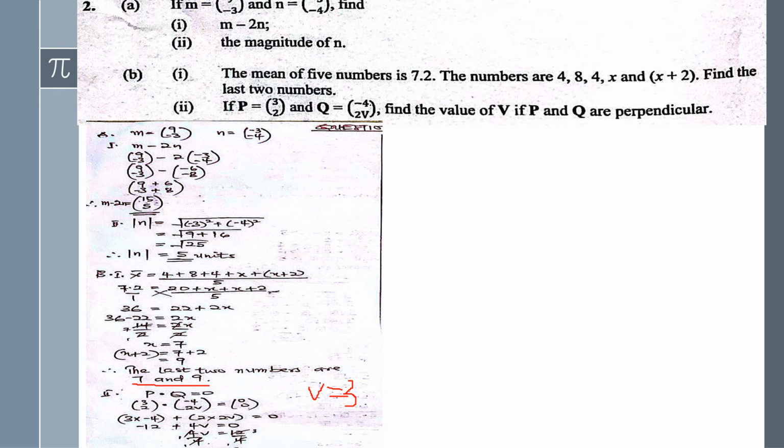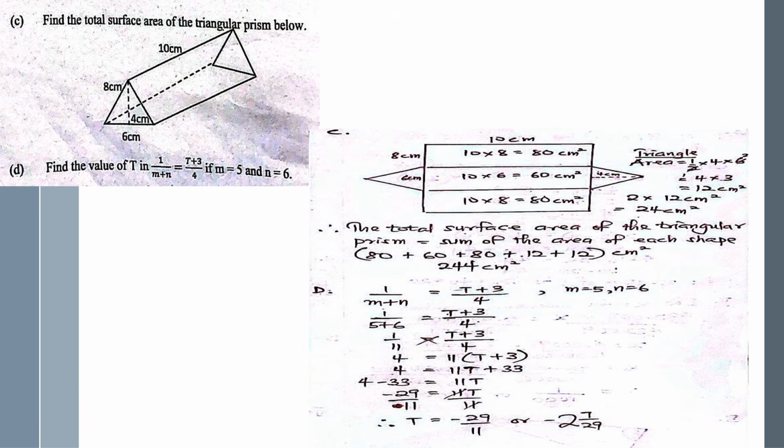Now let's move to 2C, where we have a triangular prism. We have to find the total surface area. To find the total surface area, you draw the nets of this shape where you have 2 triangles, as you can see with my highlighter, 2 triangles, and then we have 3 rectangles. So you find the area of all the 3 rectangles, you find the area of the 2 triangles, and you sum it up, and you have